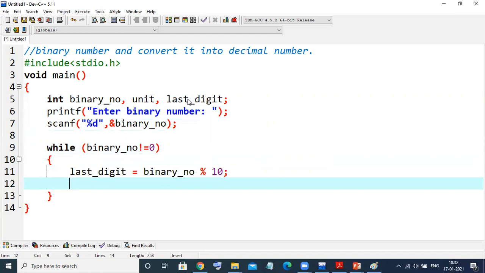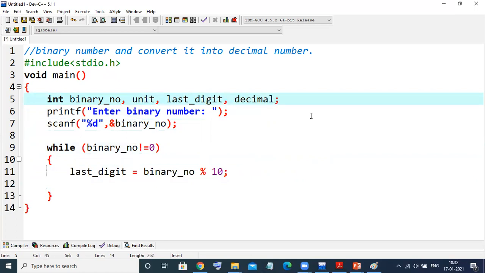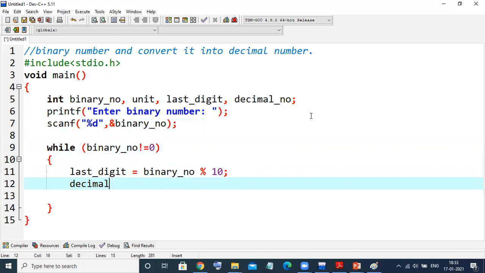After that, we need to add it into the decimal number, so I'll take decimal_number. decimal_number equals decimal_number plus last_digit, whatever digit we are getting, multiplied with power of 2, comma, unit.